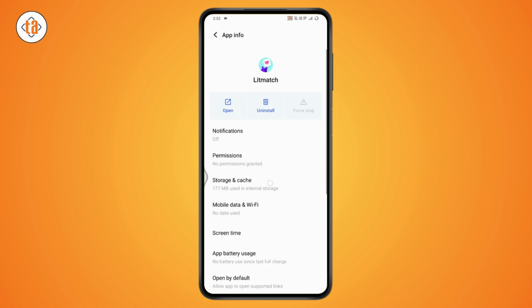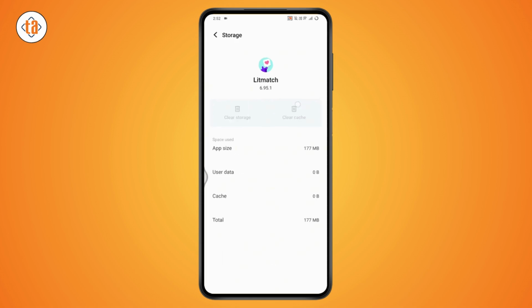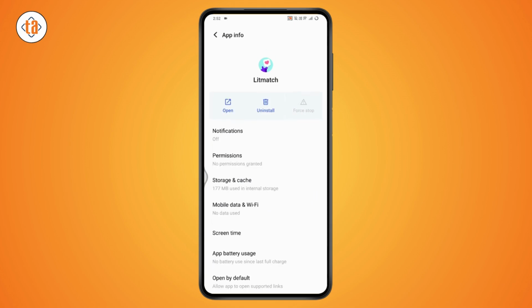Go with the app info. Now you need to go with the storage and cache. Now clear the cache and also the storage. Once you clear the cache and your storage, then you need to go back and tap on force stop and